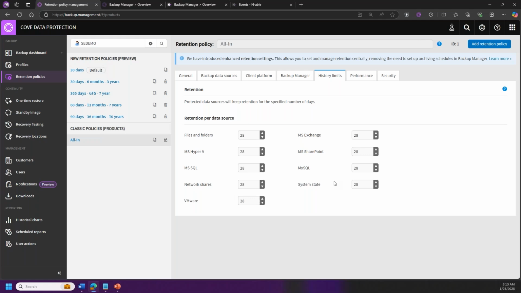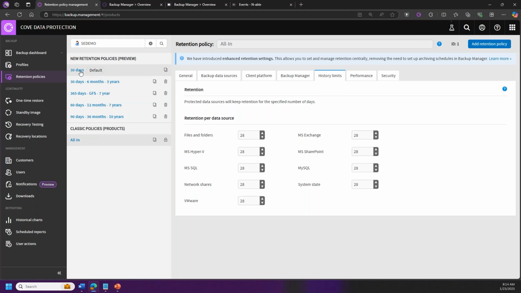You could set up a profile to run backups every 15 minutes, every hour, every X number of hours to have those intradailies. But as you can see, with this new 30-day default, we are giving you a little bit longer retention, two extra days above and beyond what is defined in the all-in policy. So you're not losing any retention there, you're actually gaining a little bit of retention, and you've got full customization